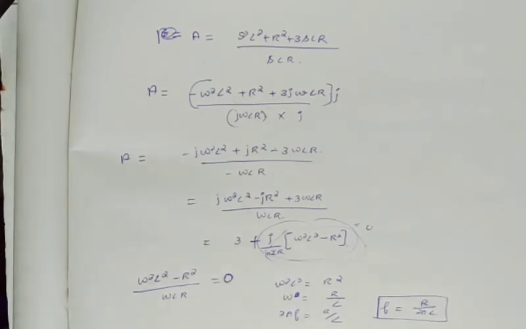Okay. So whenever this kind of a question is asked to find out the frequency of oscillation, first we have to find out our open loop gain. If you can't find out the open loop gain, what you can do is find out the feedback gain and take the reciprocal, and after that please take the imaginary part and then set it to 0 and then find out our omega. Okay, that's all. So with that I am going to end this video.